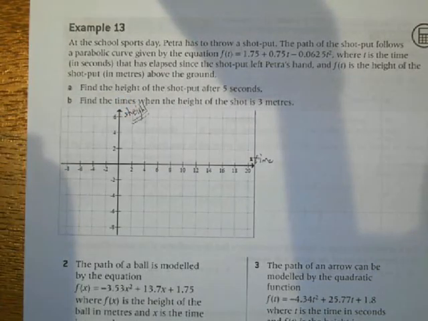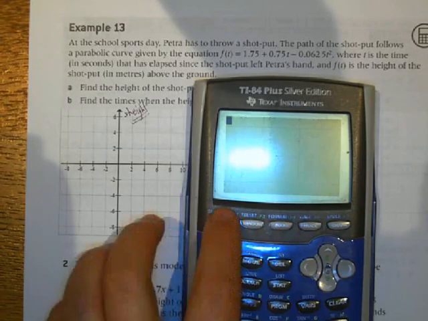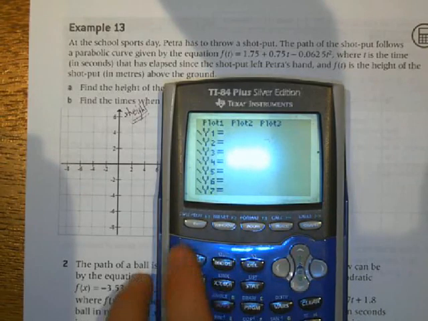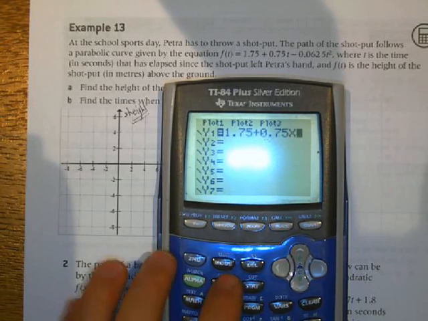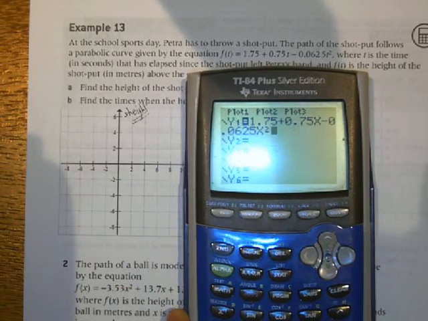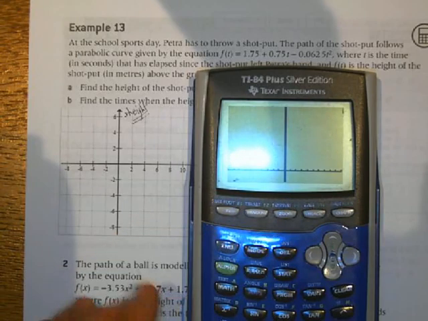Okay, so let's type in this equation. 1.75 plus 0.75 x minus 0.0625 x squared. And if I hit graph, well, clearly this